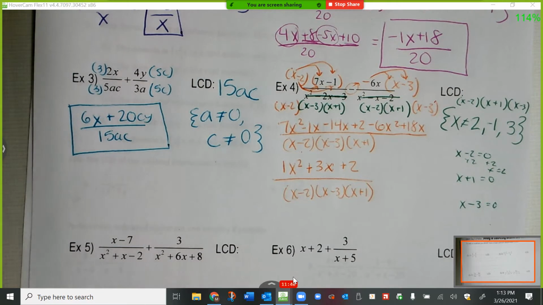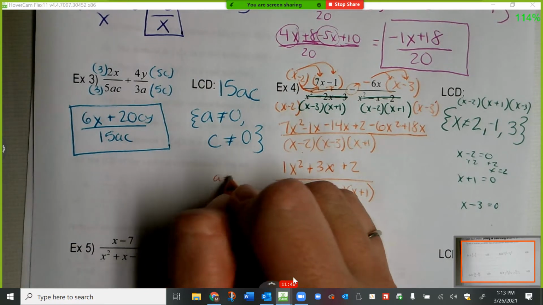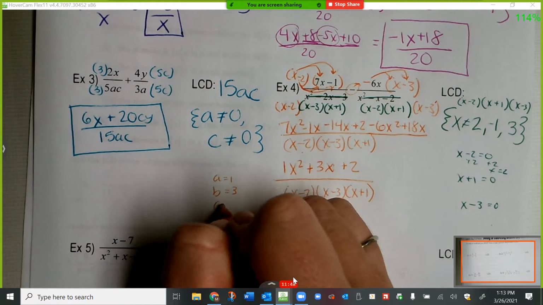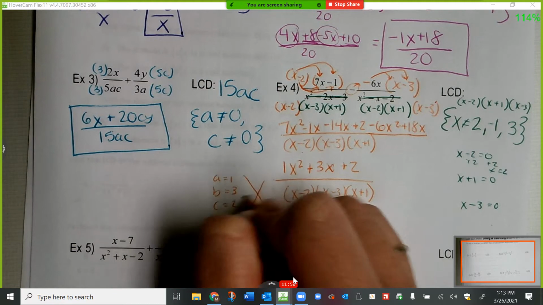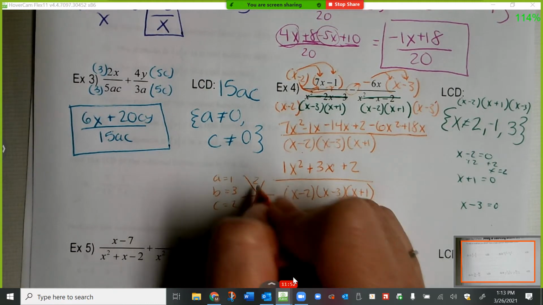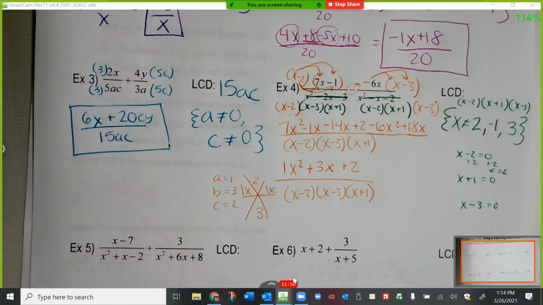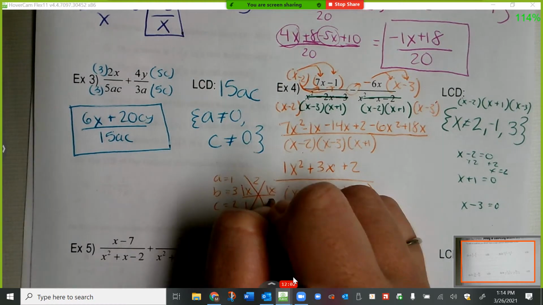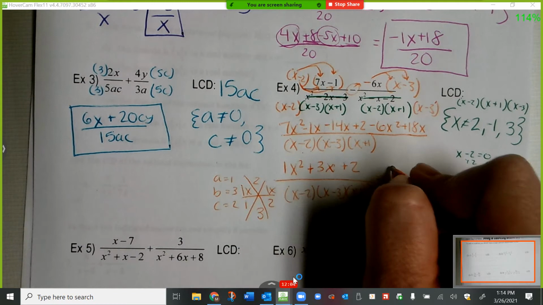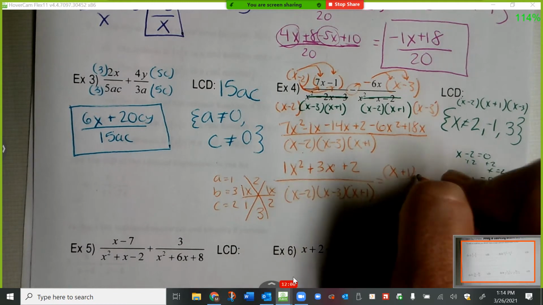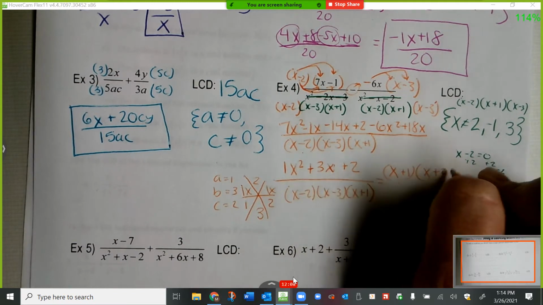Now, can we factor the top? Well, I mean, we could test it and see. A is 1, B is 3, C is 2. A times C is 2, B is 3. What multiplies to give you 2 but adds to give you 3? 1 and 2, so we end up getting x plus 1, x plus 2,